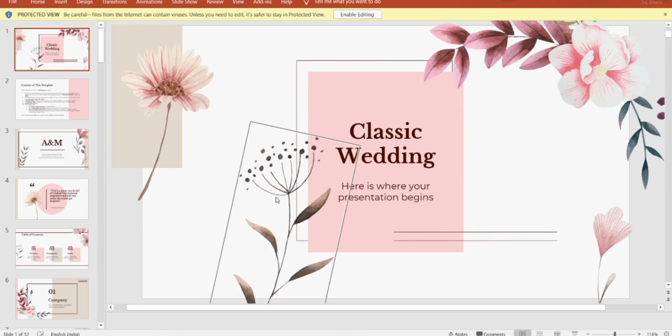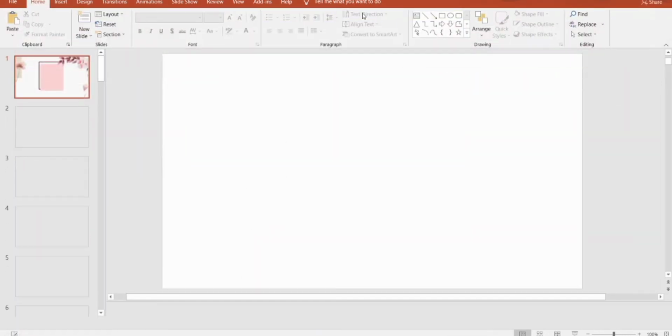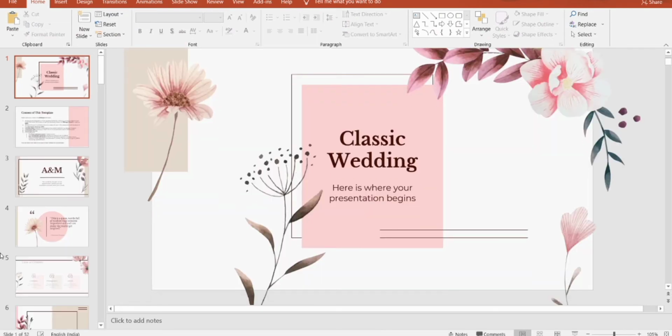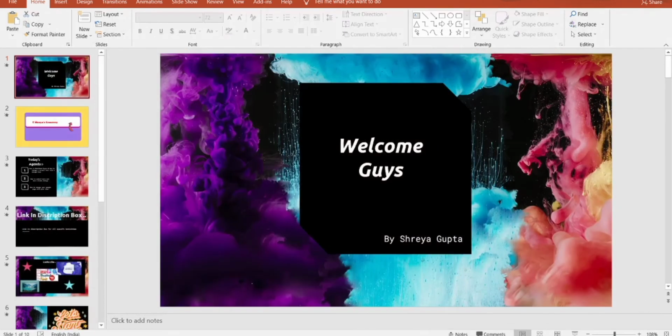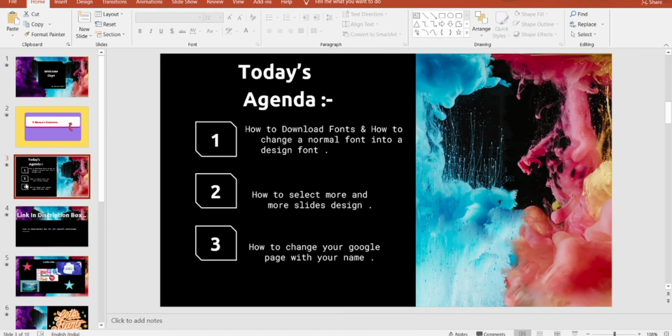Now you will see how to edit this. So there will be an option of enable editing. You can see here, click on that and you can edit. Now you can edit whatever you need to edit from here. And you can save the same way, you know how to save and all, so I'm not explaining that. And now, here our second agenda also completes.